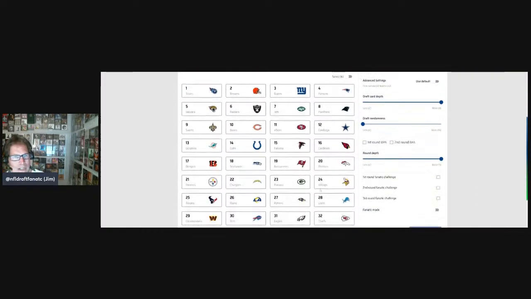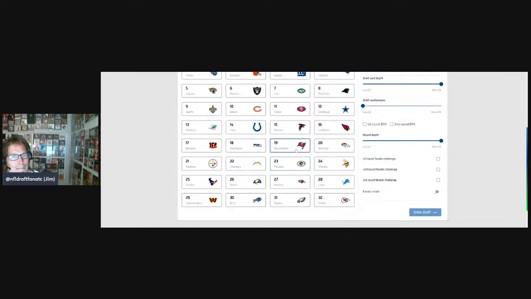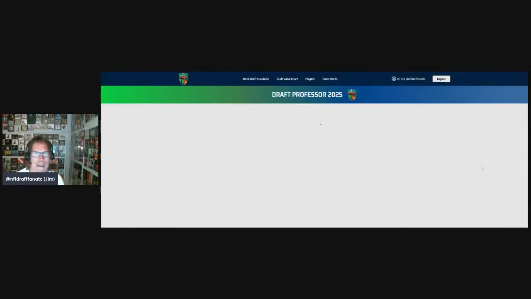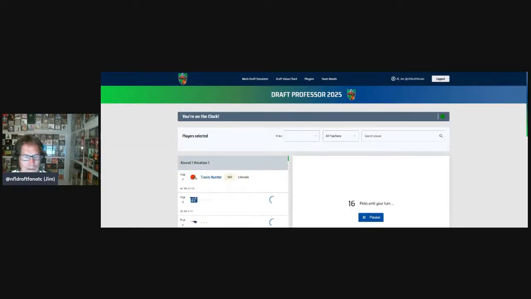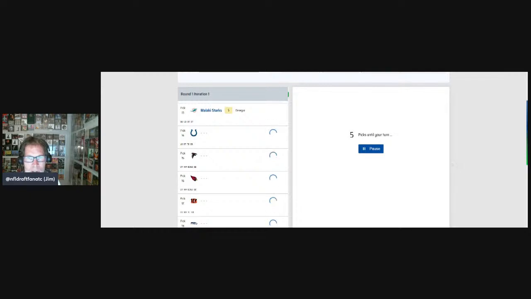Okay, so I'm trying to think of maybe any other player that I could move up. So, yeah, why don't we talk about the Buccaneers taking Trey Harris in round 1? If the Buccaneers, and I do a second round challenge, I'm going to take Trey Harris and move Trey Harris all the way up the board for the Buccaneers. And this will be the last demonstration that I do, and we'll close out the podcast.